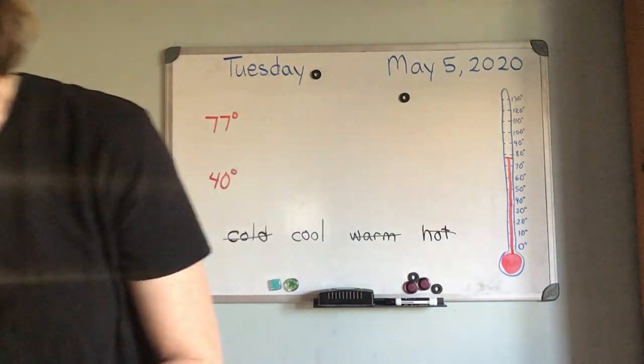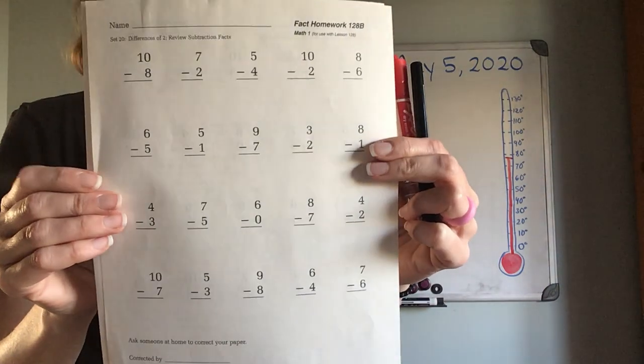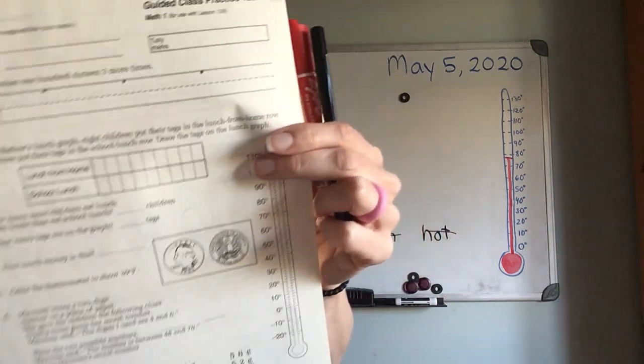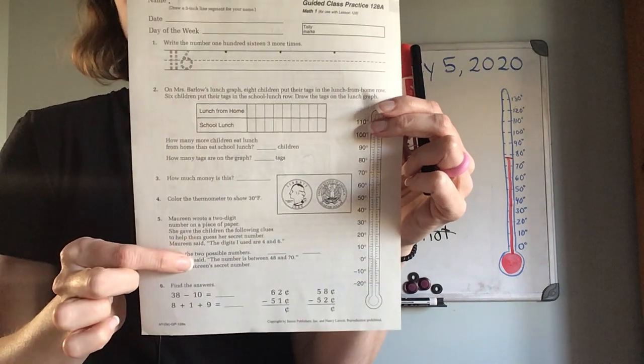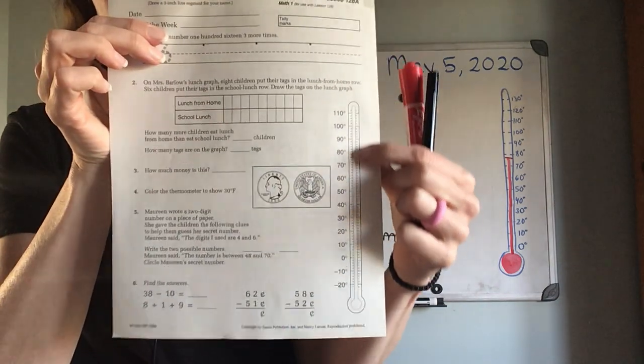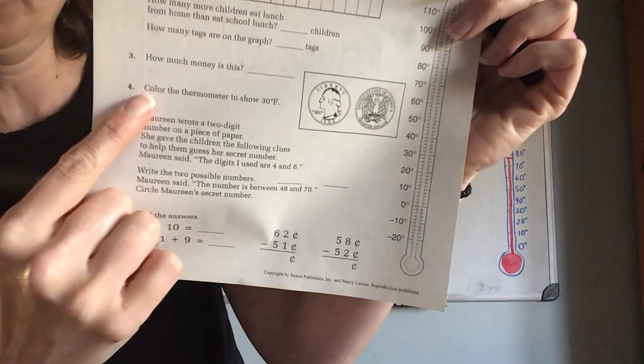Okay? All right, so for your worksheets today, you have a math fact sheet of subtraction. And then you have your practice work here. So here's the thermometer. And it says over here, number 4, to color